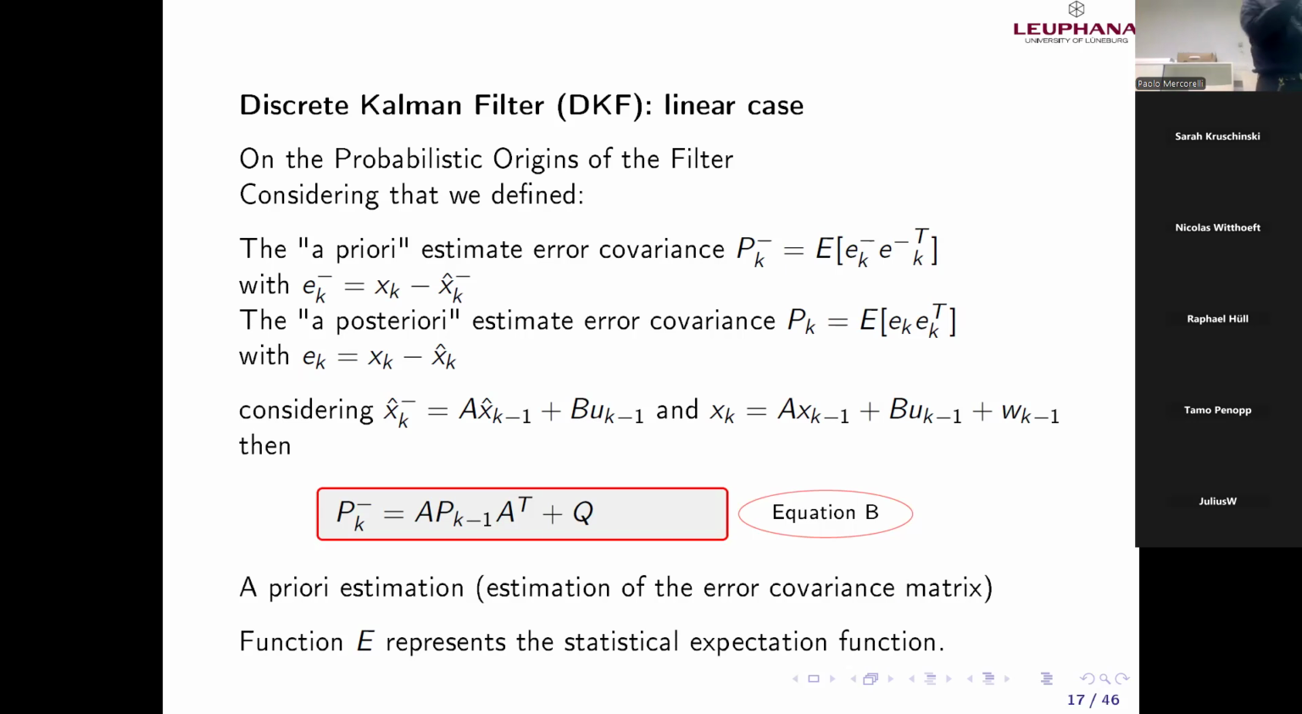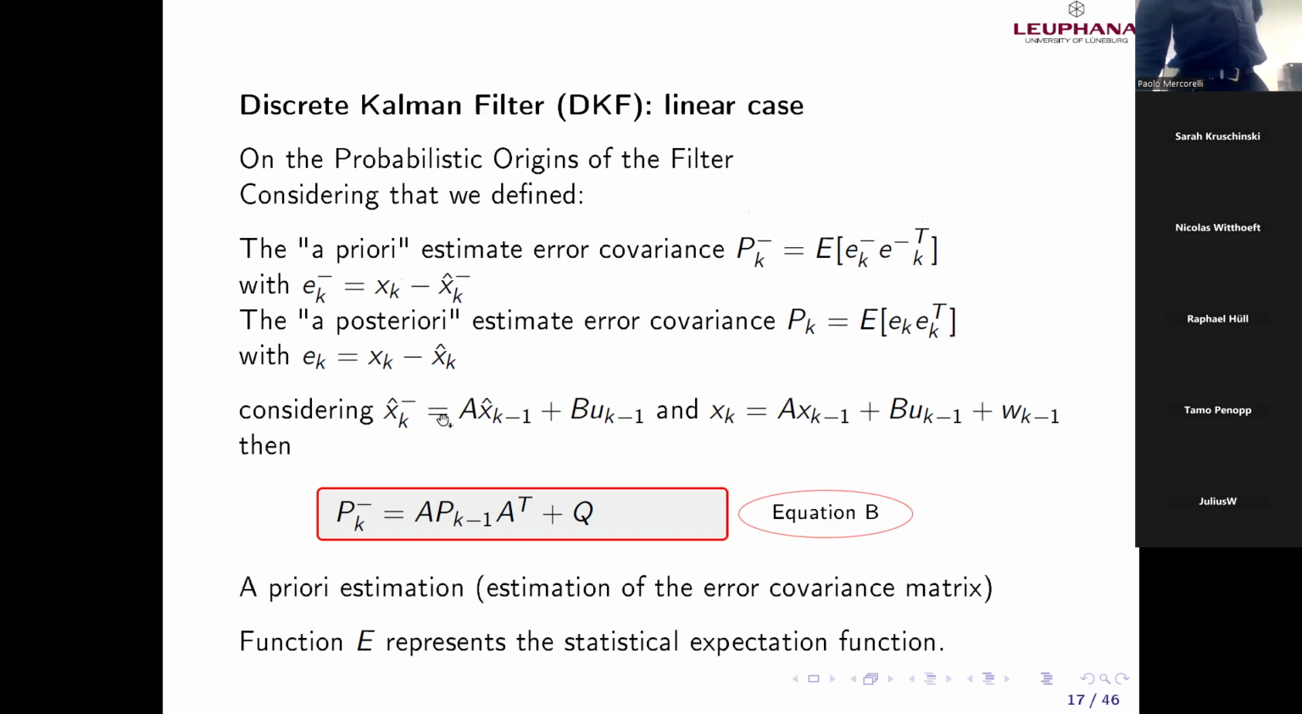This is a matrix which is related to the interconnected variance in the system, which is the expected value of what? Of the vector ek minus, which is in a row column, excuse me, multiply the same vector but in row form, transpose. I don't know if you remember. If you transpose a vector, you have a row. I can do the same for the a posteriori error covariance. Now, with these two definitions, if I plug in,